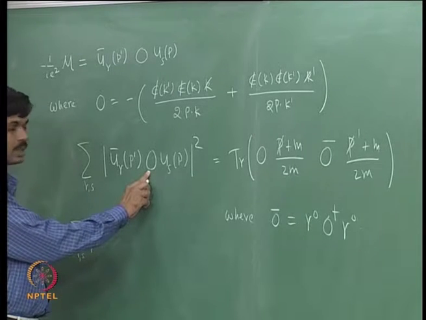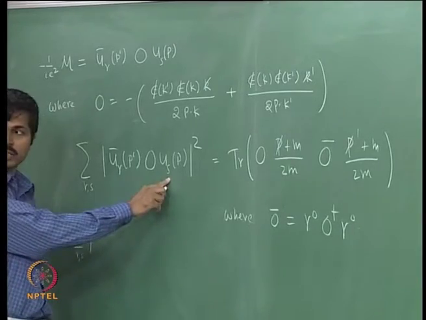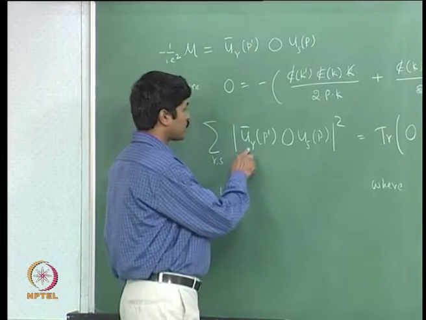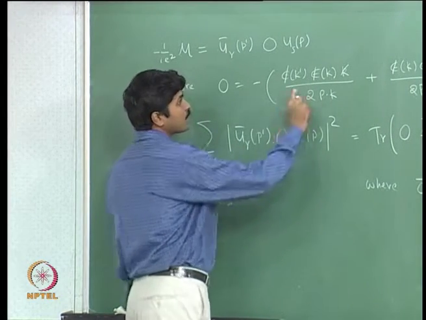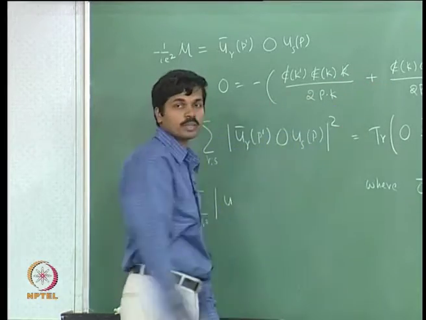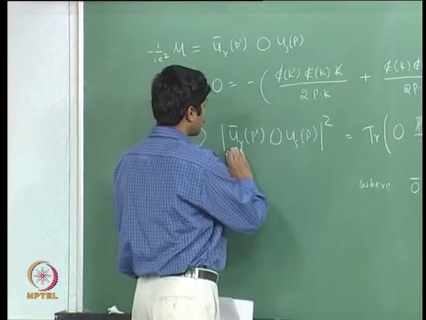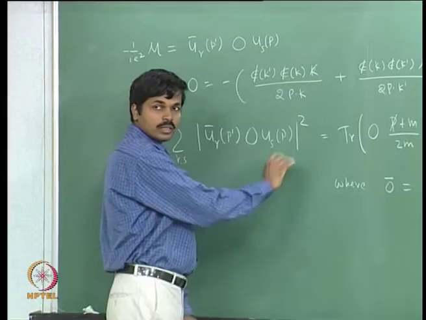Remember, in addition to the spin indices, these also carry the Dirac indices. These are Dirac spinors, 4 component spinors. These are Dirac matrices, a linear combination of products of Dirac matrices. So this quantity u bar r O u s is just a number